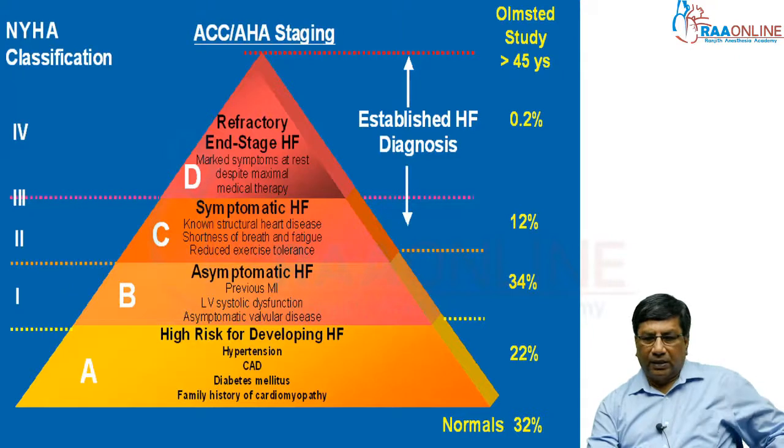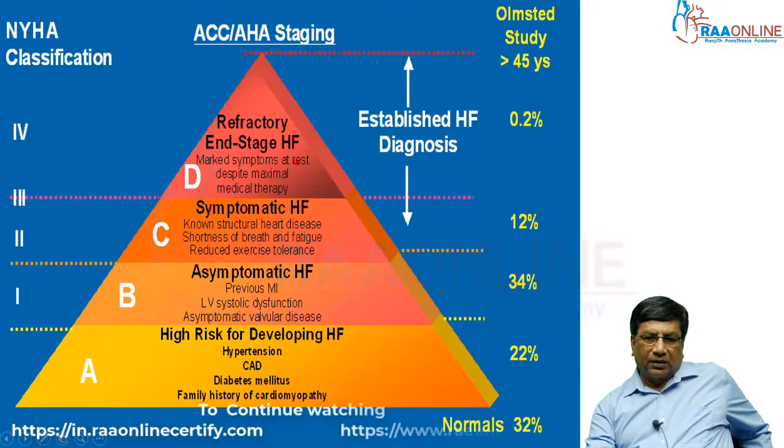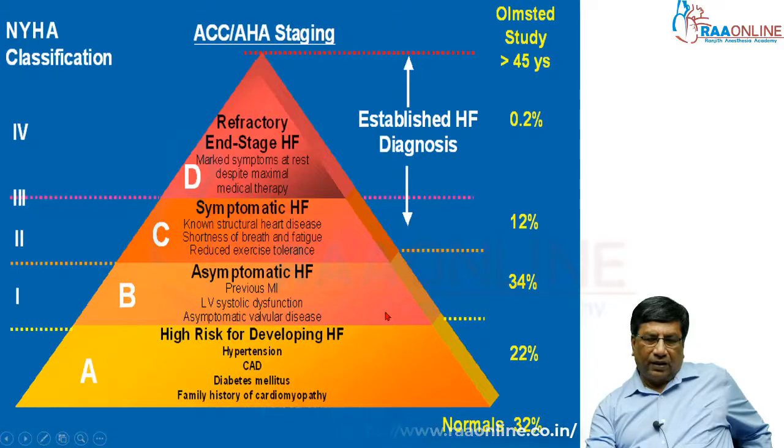Now, you can see the patients more than 45 years, and the established prevalence, and also what stage they are in. Stage A heart failure is 22%, asymptomatic is 34%, symptomatic heart failure is 12%, and refractory heart failure is 0.2%. So, you can see that the majority of people are in these two groups, that is, at risk of heart failure or already